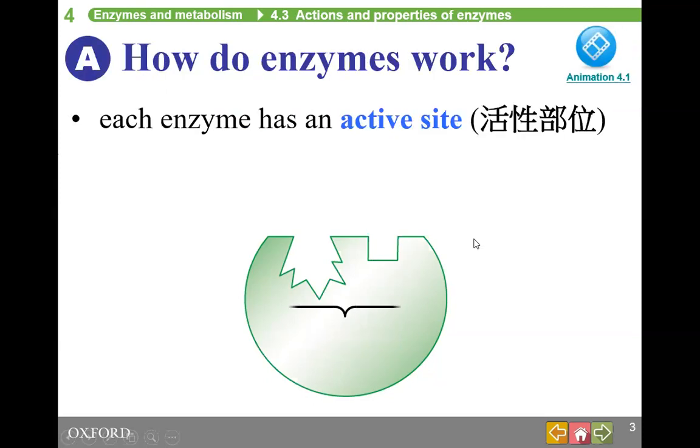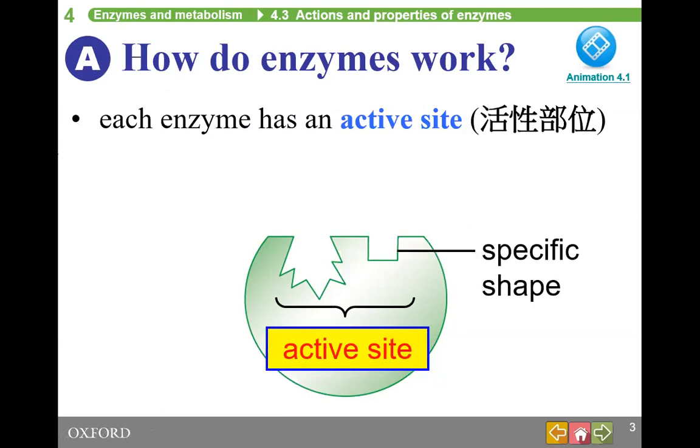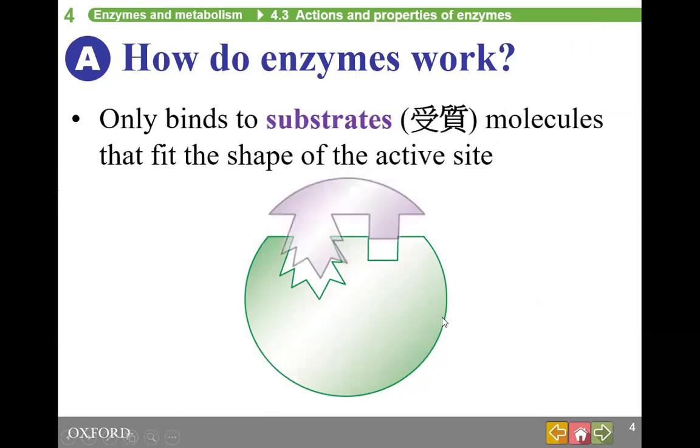OK, so for different types of enzymes, they will have a unique active site. Each different type of enzyme will have a different active site. So this is the active site of an enzyme, which has a specific shape. Okay, different types of enzymes will have a different shape of active site。係啦，每一種唔同嘅生物酶，佢嘅活性部位都係唔一樣嘅。OK，所以佢哋嘅形狀係獨一無二嘅，unique active sites。